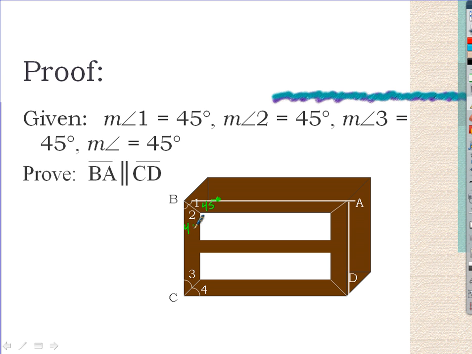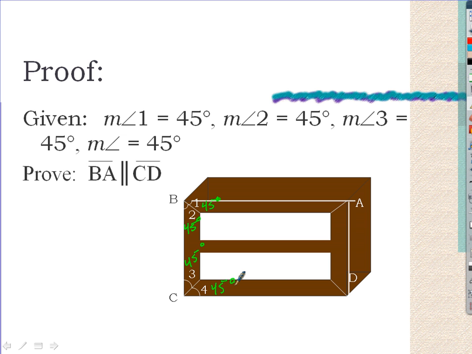Angle 2, 45 degrees. Angle 3, 45 degrees. And angle 4 is 45 degrees, right? And what else were we told? That's it. Okay, we want to prove here, our goal is to prove that segment BA, we can call it line BA if we want to,